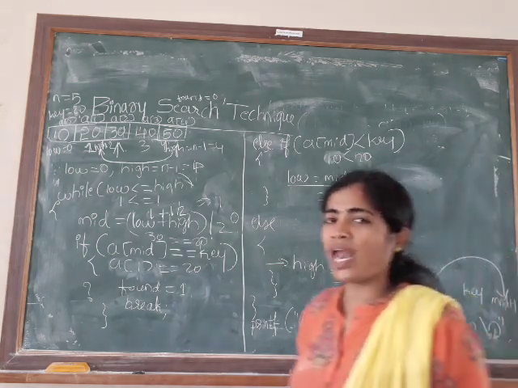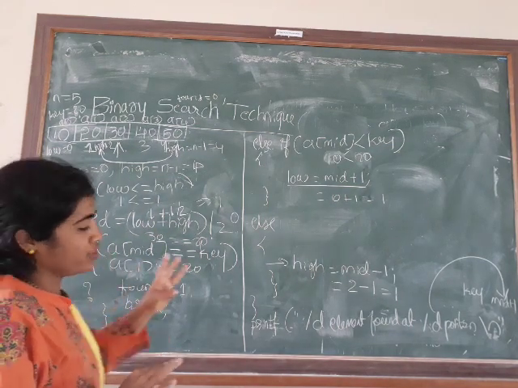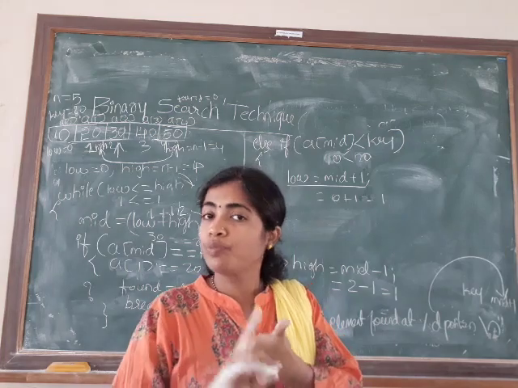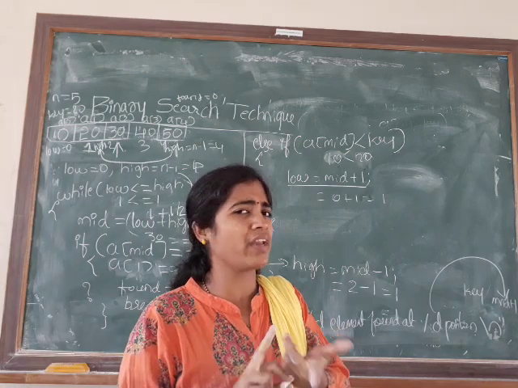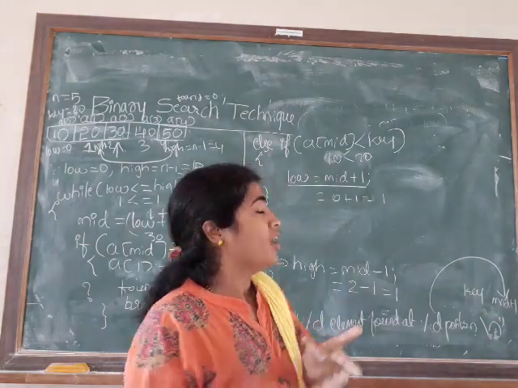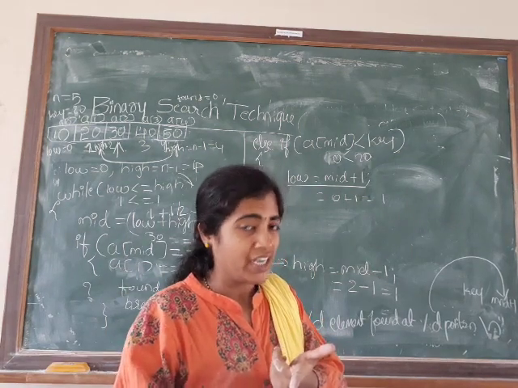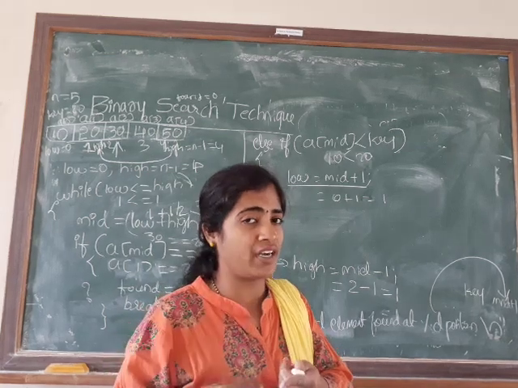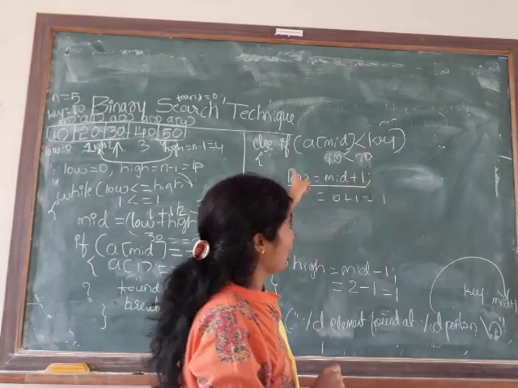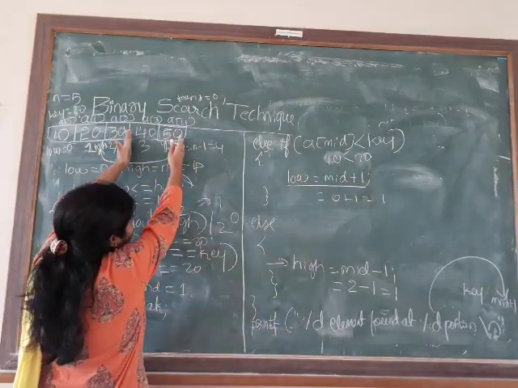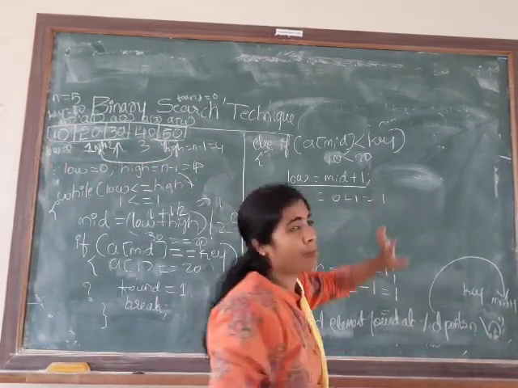Yes. I hope you people have understood this very clearly. The only 3 points you need to remember: first, input must be in ascending order. Second point is very important: if key is not matching with the value of mid, it has to be compared with two conditions. Whether mid is less than the key. If it is less than the key, obviously key is present in the second half of the list. So you move your low to the second half, that is by doing low is equal to mid plus 1.